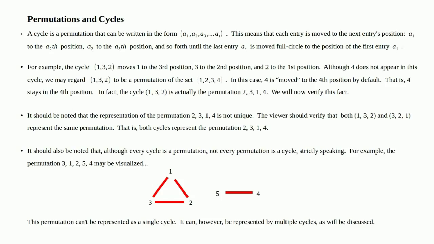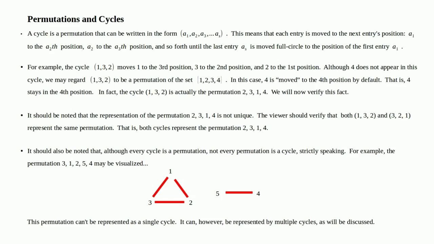Let's first turn our attention back to the permutation 3, 1, 2, 5, 4. Notice that 3 is in the first position, 1 is in the second position, 2 is in the third position. That's represented by the leftmost part of the diagram. And if you look at that, and if we're going clockwise,